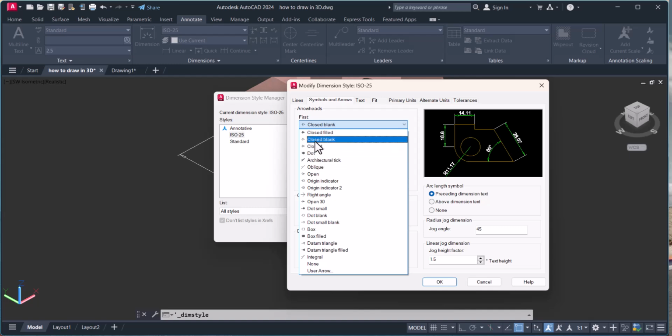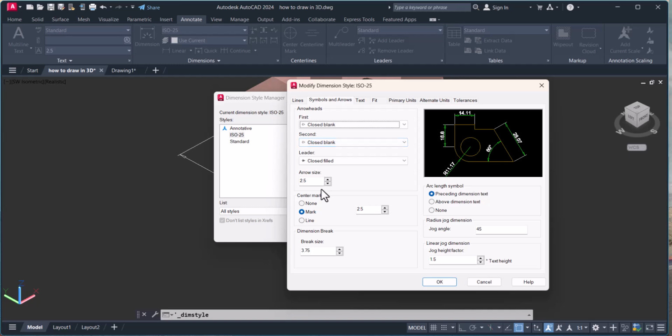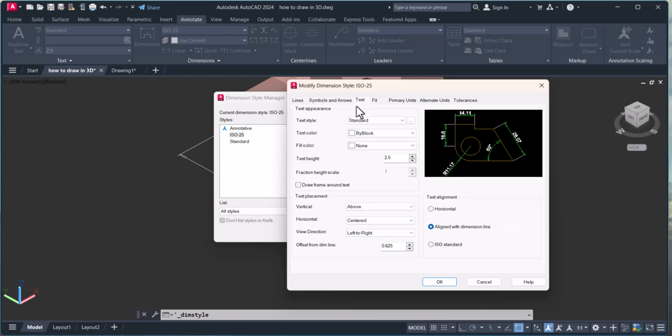So we will choose closed blank, and here I will increase the arrow size height to 3, and I will change this text to blue, and I will also increase the text height to 3,